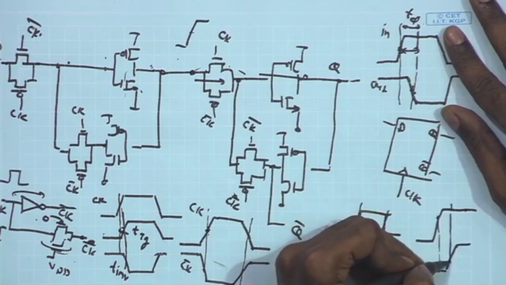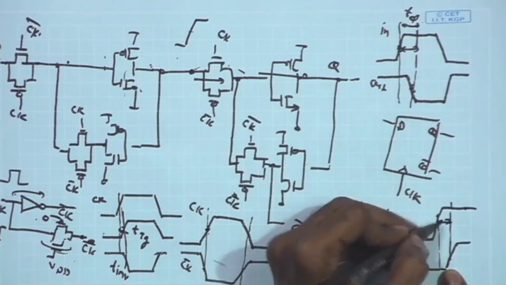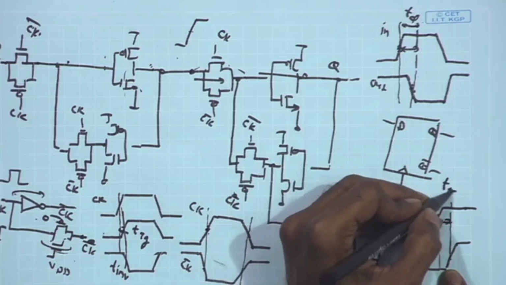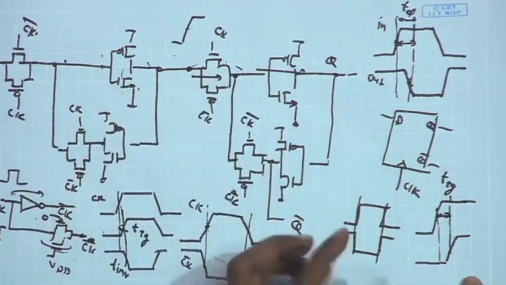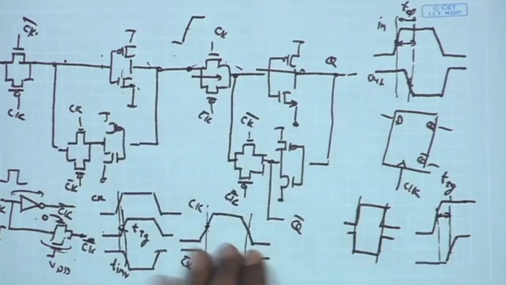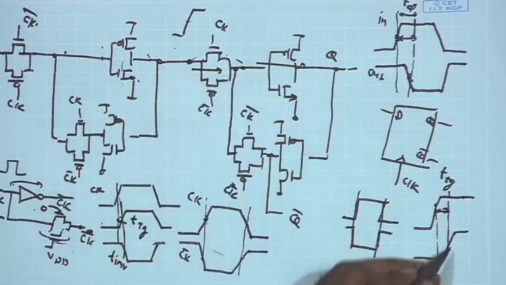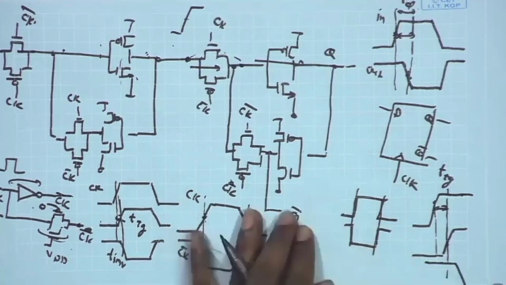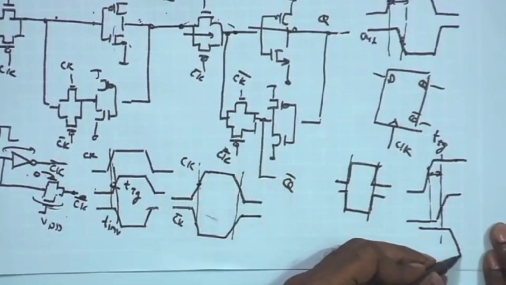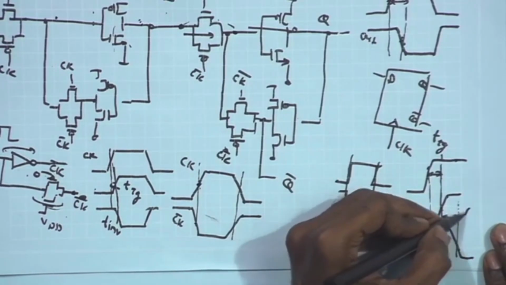So, this is the delay of the Tg, and after that you have the inverter which will again have some delay. So, after the data is passed through the Tg and available over here, the inverter will have some additional delay with respect to this midpoint. This is the T inverter,